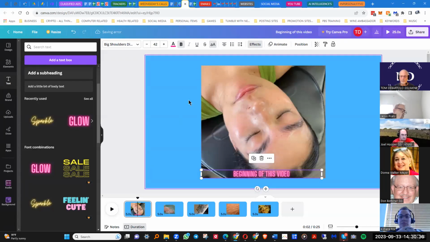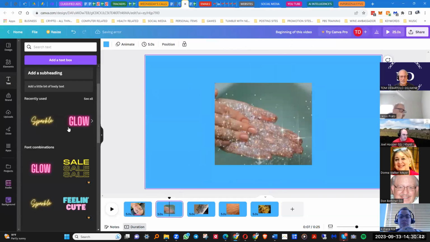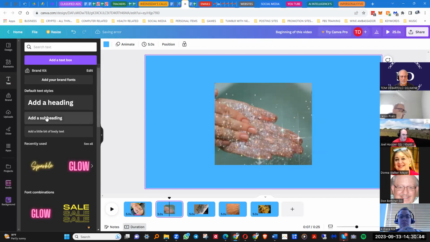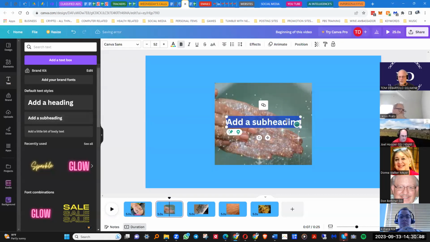Okay. Now, you can do other things with it too. Here's another one. Let's say you click on subheading. So here it pops up in the middle. Double click in there so that you'll be able to overwrite everything that's there, or just get your highlight in there.